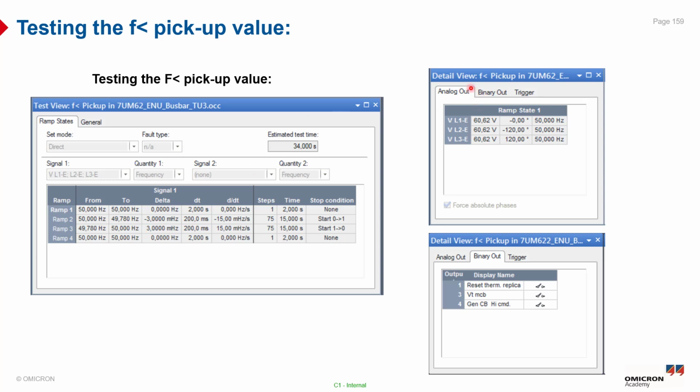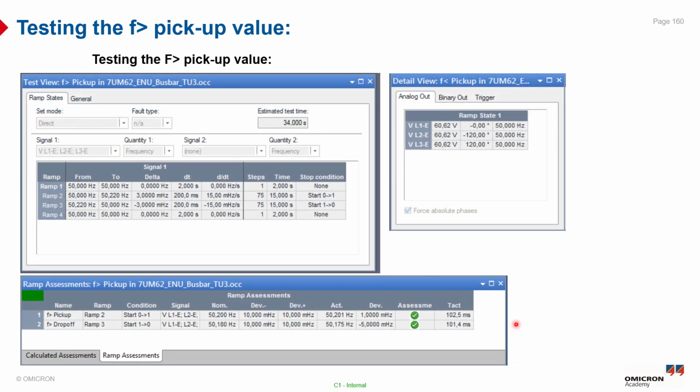And here is the detailed view for the analog output of the 3 channels, and we are injecting the nominal value of the voltage at all states. And also the binary output here, there is no need for simulating any binary output such as circuit breaker close command in this case. On the other hand, while testing the over frequency protection or frequency over stage 1, the